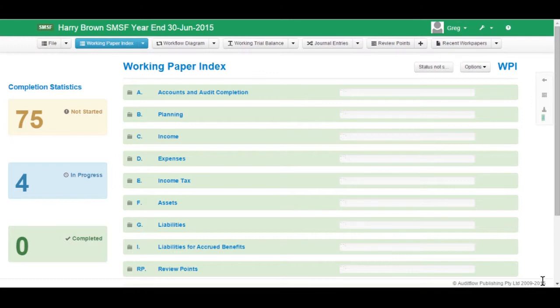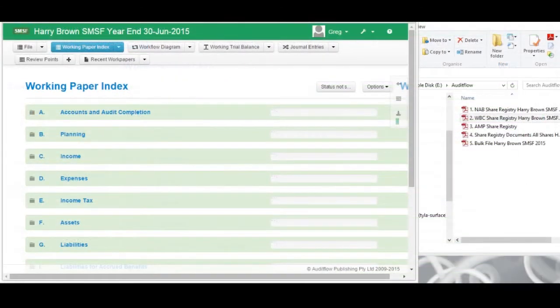A benefit of Audit Flow is its ability to store supporting evidence in the form of Word, Excel, PDF, image, emails, and message documents, which can be easily uploaded or dragged from the accountant's server to the client file. The objective of this video is to demonstrate how to upload or drag documents from the accountant's server, link documents to a particular item or procedure within Audit Flow, and access audit evidence once it has been stored within Audit